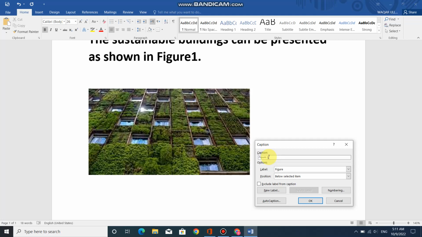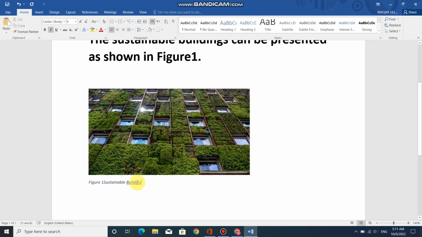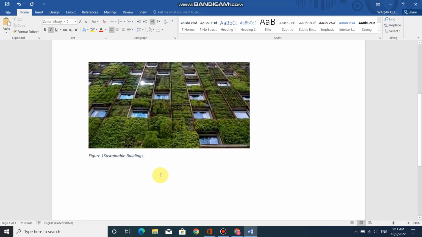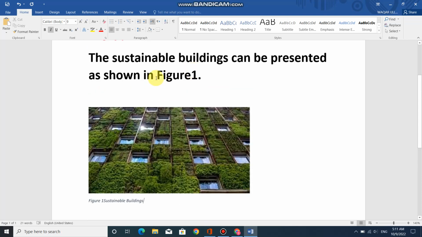Give a name to it, for example sustainable buildings. Make it OK. Now this figure is also referred in the text as well. This is the manual, and now suppose I want to make it